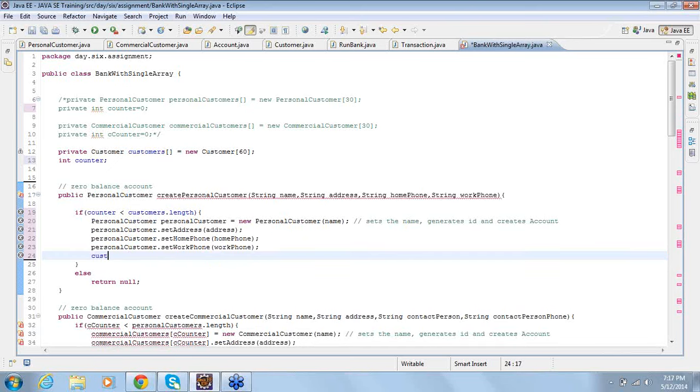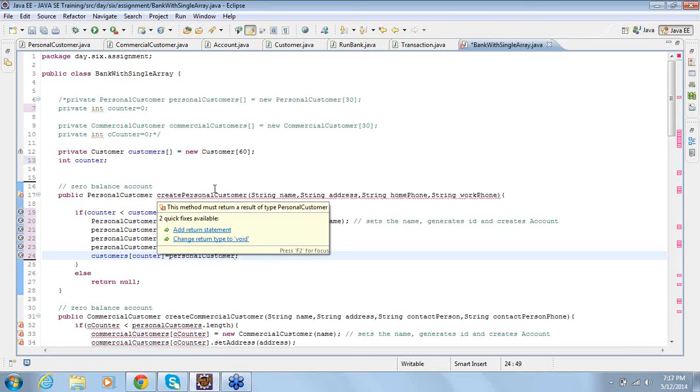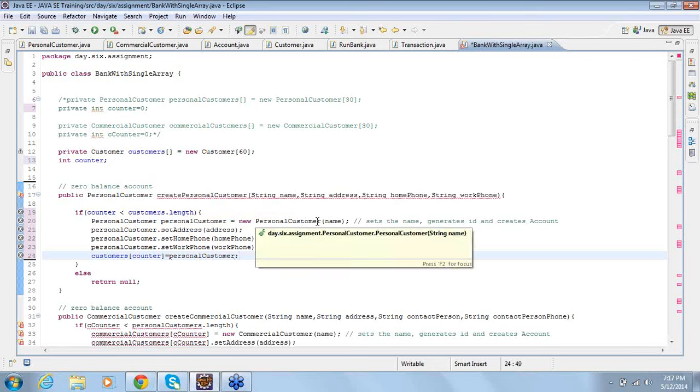Now you should store the personal customer into this array. When I say create personal customer, I get the name, address, home phone and work phone. Then I'm using a constructor to set the name, and calling the setter methods to set the address, home phone and work phone.